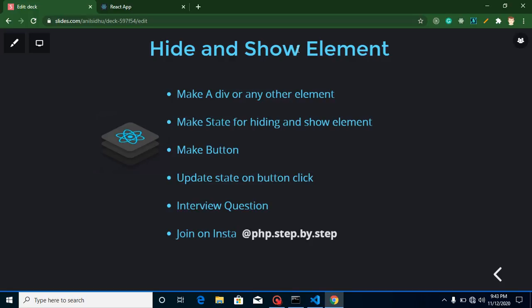My name is Anil, and in this React.js video tutorial we will learn how we can show and hide an element in React.js, as well as how we can make a toggle. When we use hide and show elements, we will use two different buttons, and when we make a toggle, we will use a single button. On a single button, on the first attempt the item will be hidden, and on the second attempt it will be shown. So now let's get started with the code.